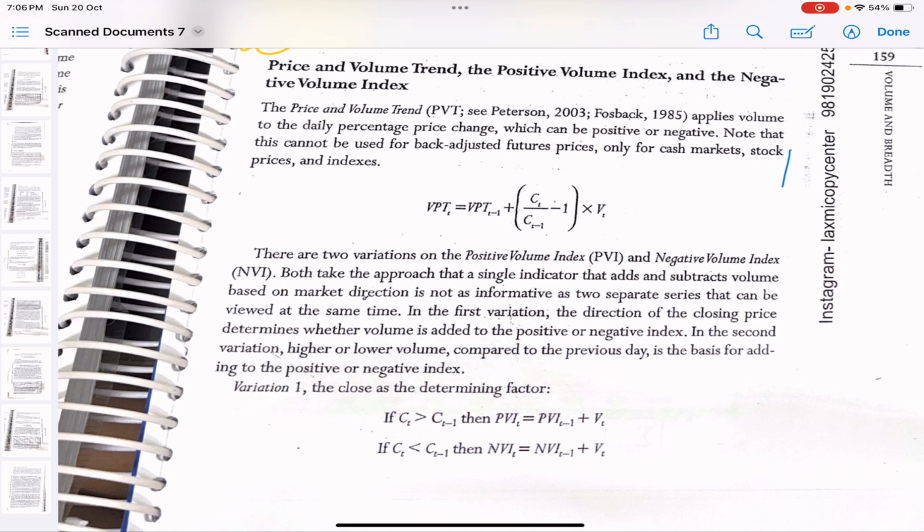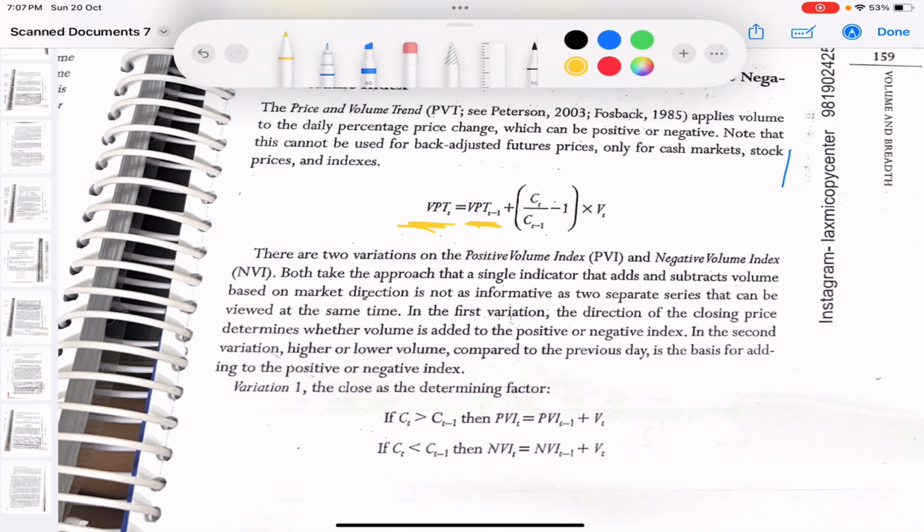The positive volume index and the negative volume index. Let's first see what is the price and volume trend, PVT. PVT applies volume to the daily percentage price change, which can be positive or negative. Note that this cannot be used for back adjusted futures prices, and so it is only used in the stock market. So, the price and volume trend of today is yesterday's price and volume trend